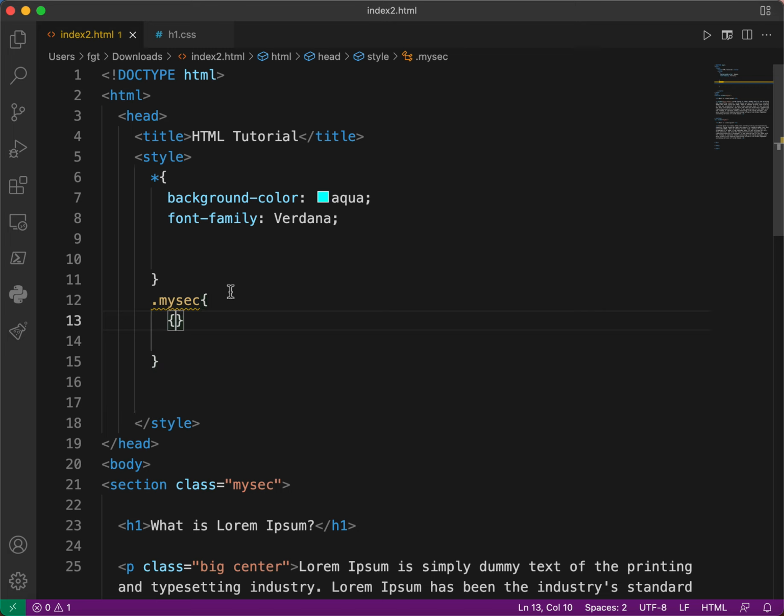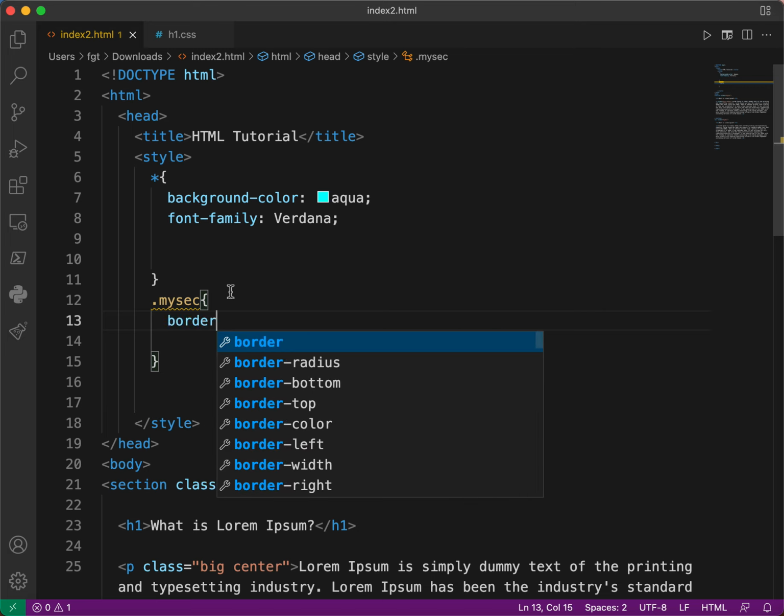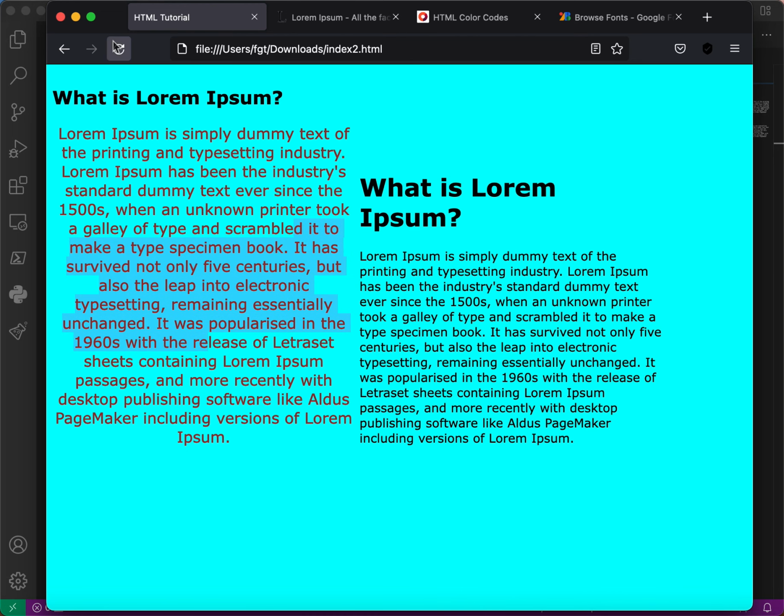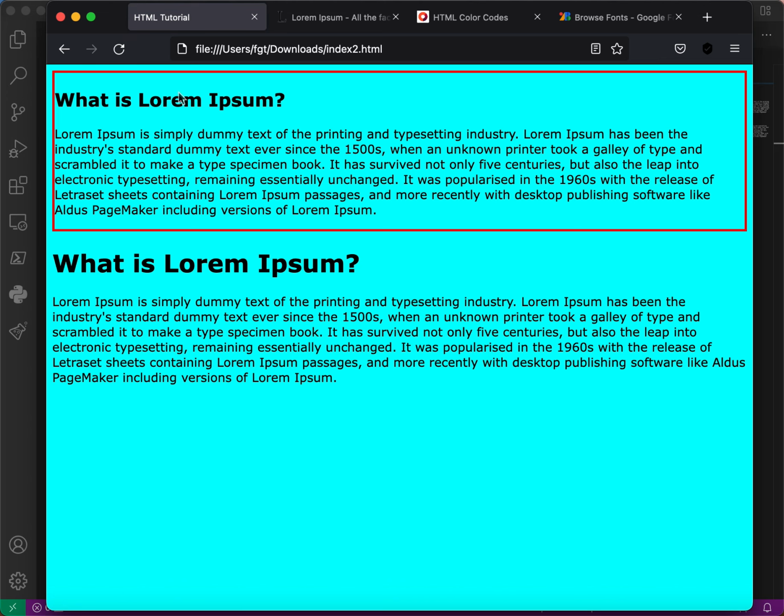And what else? Let's put here. Let's start with borders actually. Let's say border, and then like this. This is, for example, we can use shorthand in here. Let's say we want the border to be, let's say 3 pixels. Okay, we want the border to be solid, let's say red like this. Okay, and when we go refresh, you're gonna see here, see it has a border and the border is